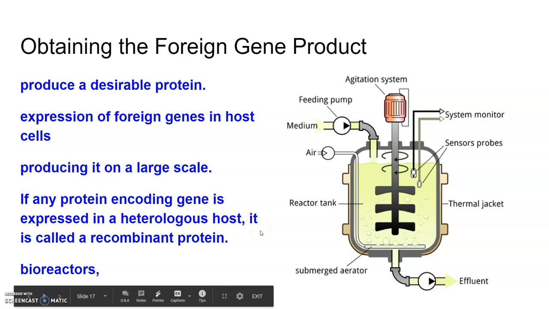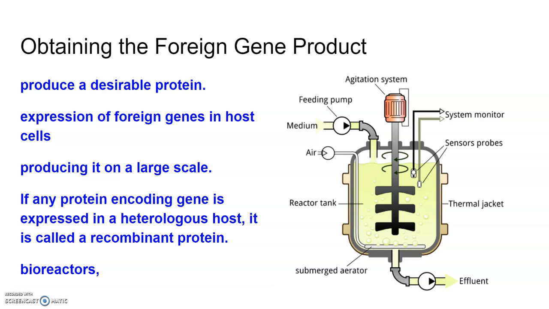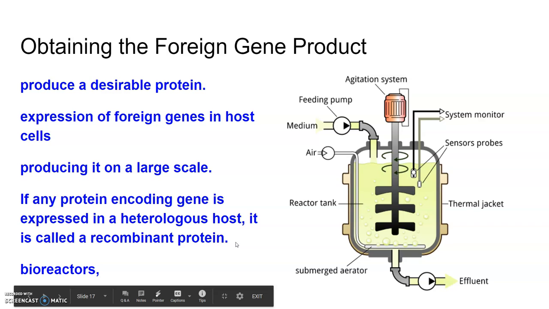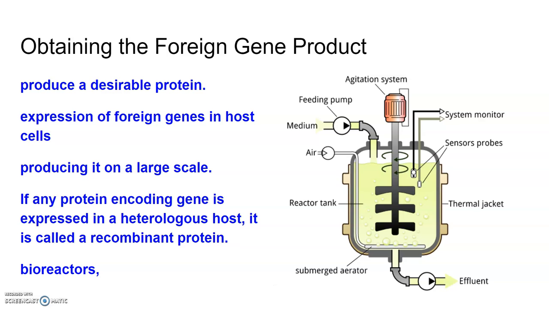The cells can also be multiplied in a continuous culture system where the used medium is drained out from one side while fresh medium is added from the other, to maintain the cells in their physiologically most active state, that is called the log or exponential phase. This type of culturing method produces a large biomass, leading to a higher yield of the desired protein. Small volume cultures cannot produce appreciable quantities of product, so we need to produce in large quantities.